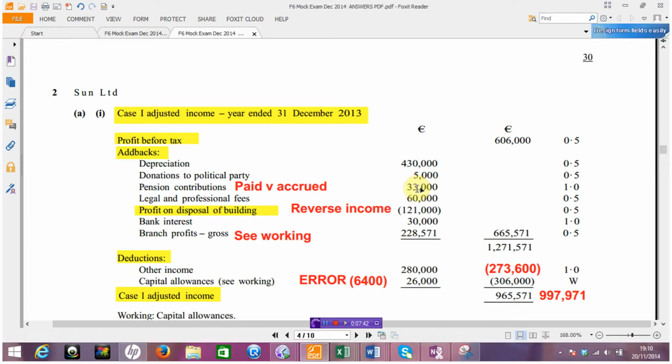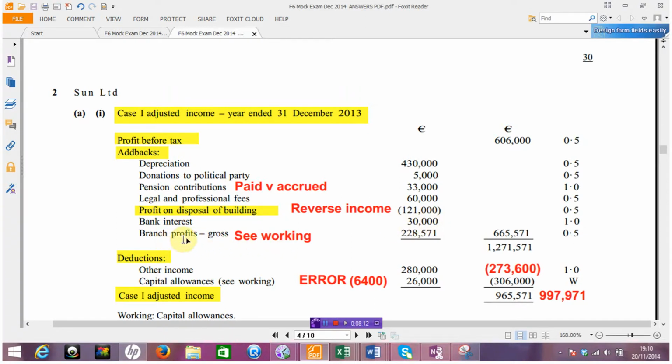Not too complicated in this case. The legal fees had to go back because they were of a capital nature. And then we have this issue of this profit that's included within the administration expenses. You remember what I said, it's a little bit like a sort of negative expense. So in essence, although the adjustment is the same as it is here, it's sort of negative as an add back. Okay. Bank interest, you'll see, has been added back because of the share side, and indeed the branch